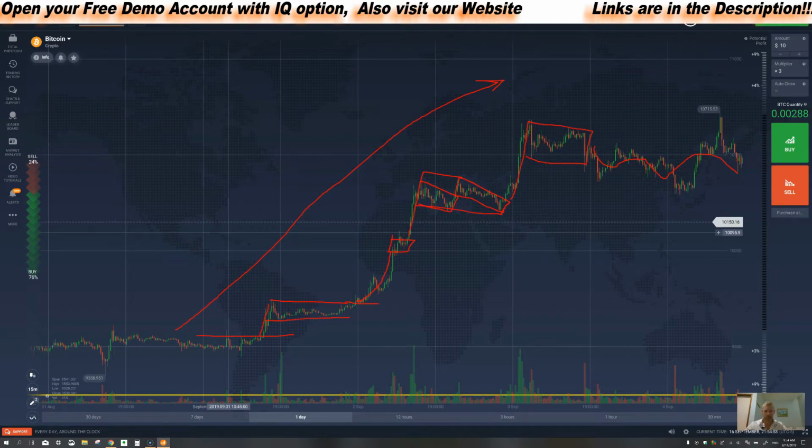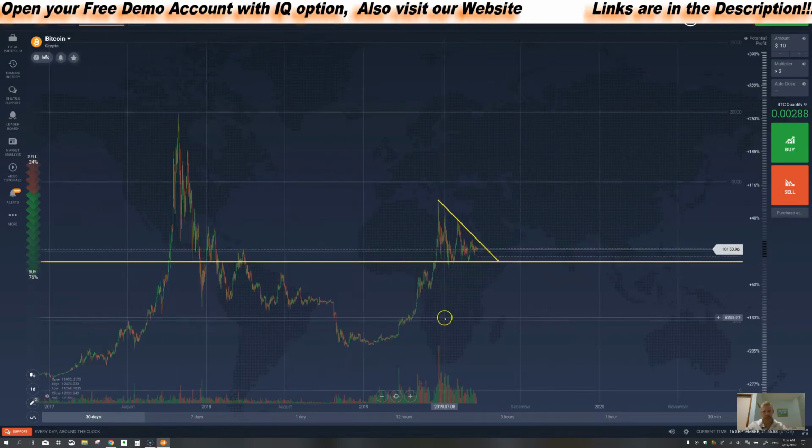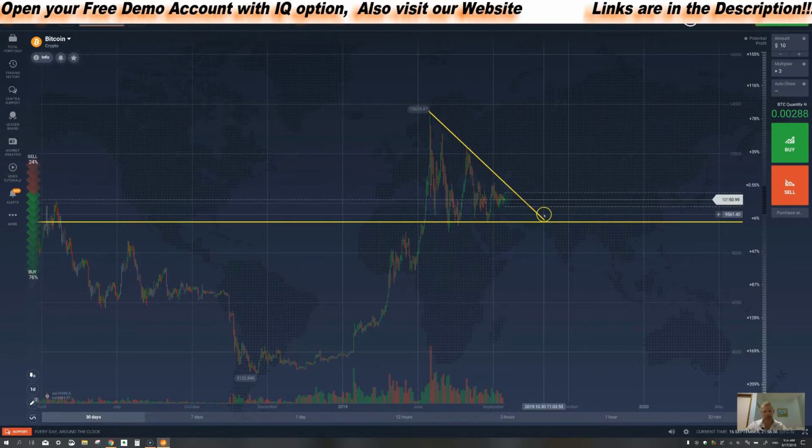And now I want to give you one more note. If we zoom out of Bitcoin here, this is the Bitcoin daily chart with the triangle we drew in the previous video. What I wanted to show you is what's happening with Bitcoin at the current moment. It is a descending triangle, but it doesn't necessarily have to go down, because it could also become a bull flag. If we look at Bitcoin here, from the bottom it did make a bull flag here,